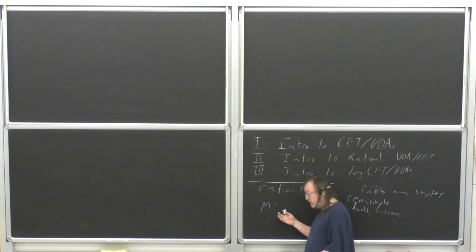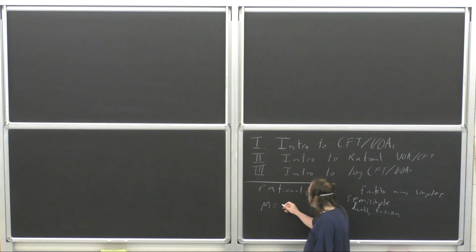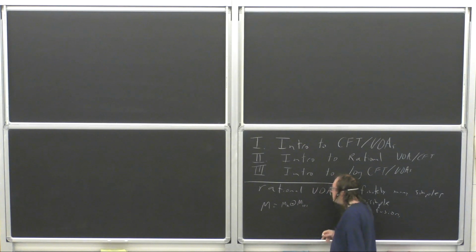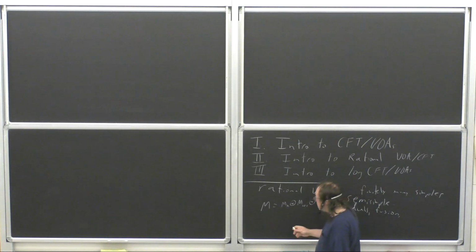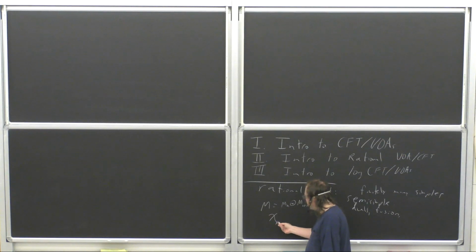The modules of your VOA also carry a representation of the Virasoro. And so we can decompose M into a sum of eigenspaces for L naught, the energy operator. So we can write it like this. This is meant to be an H, this is meant to be an H plus 1. So this will be a simple module, and the energies go up by 1. Each one of these is finite dimensional, and so you could talk about the graded dimension, is what you should call it. But unfortunately,